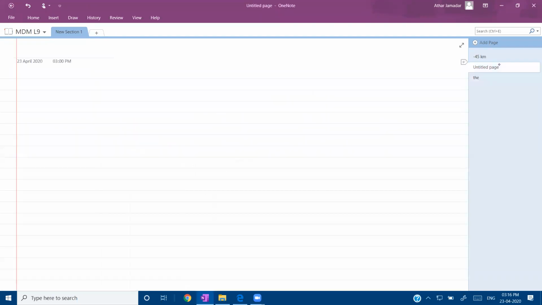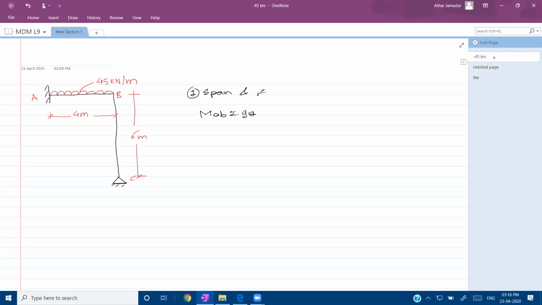Now next part we will see how to draw the bending moment diagram. So for this case only, first I will draw a simple portal frame. And remember, in case of portal frame, only if your portal frame is starting from the left hand side first column, for that column only bottom support is left support and top support is right support. For all other columns, top support will be left support and bottom support will be right support.